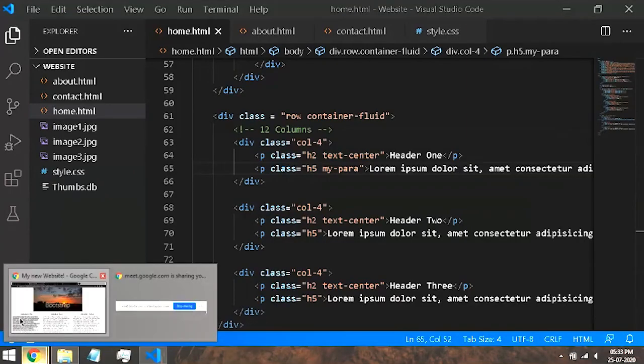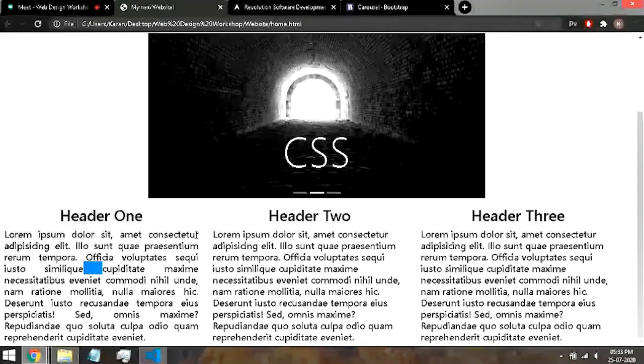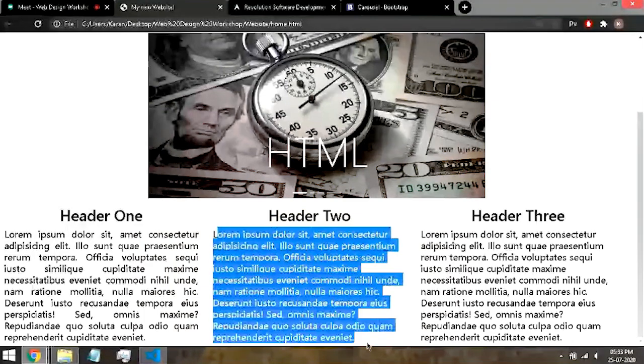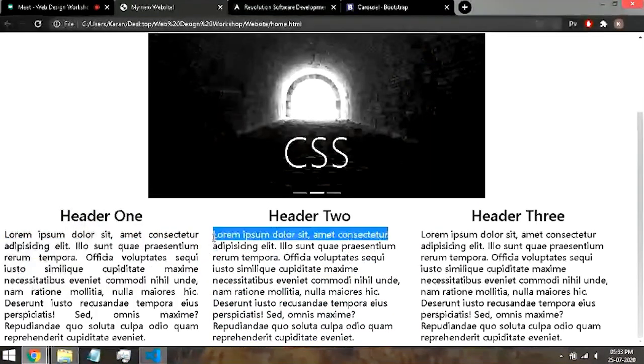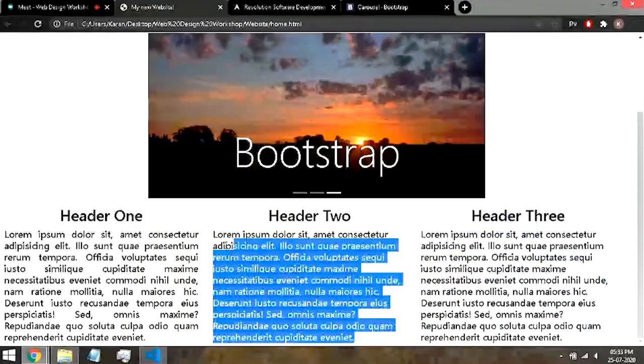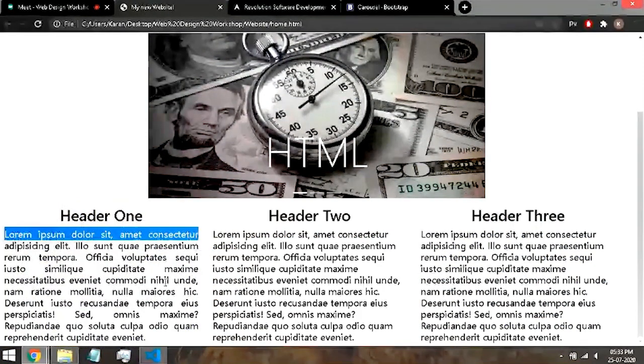Let's see what happens. Since I said justify, it automatically added some amount of extra spacing so that every line occupies the same amount of width. So here, see, R is ending here only, M, I, E, everything ends at the same width. But under the header to this paragraph, the text is aligned by default towards the left. So as you can see, it is left. So this is not justified text. This is justified text. Basically, justified means that every line occupies the same amount of width.